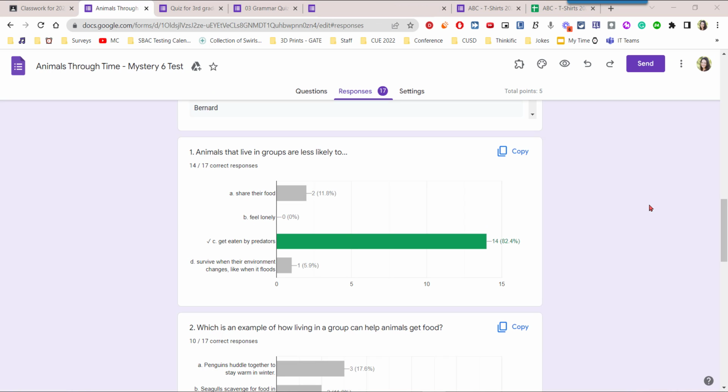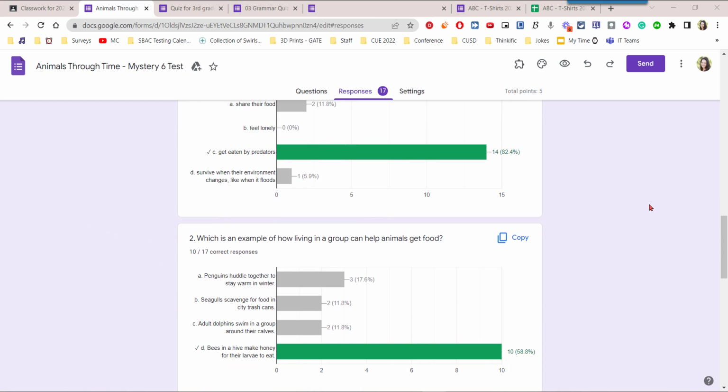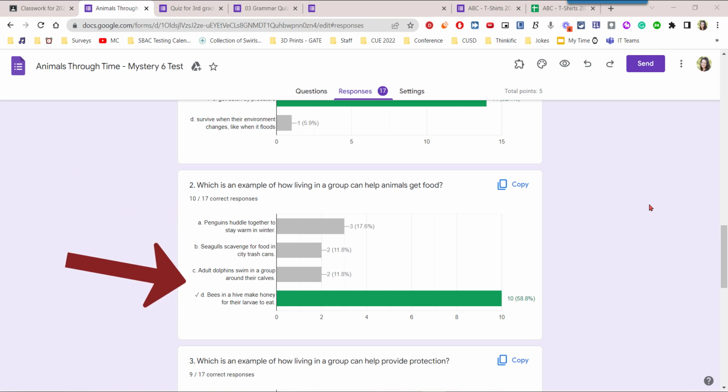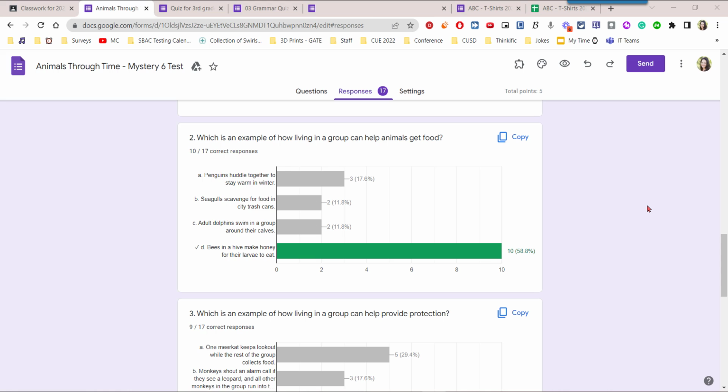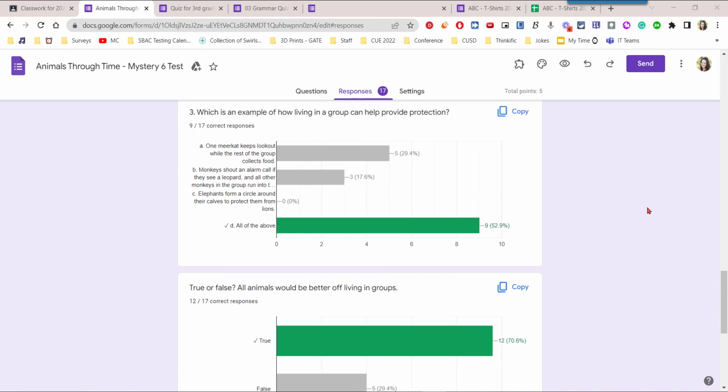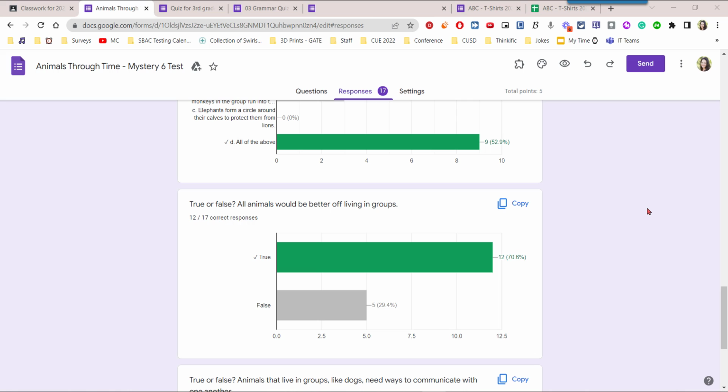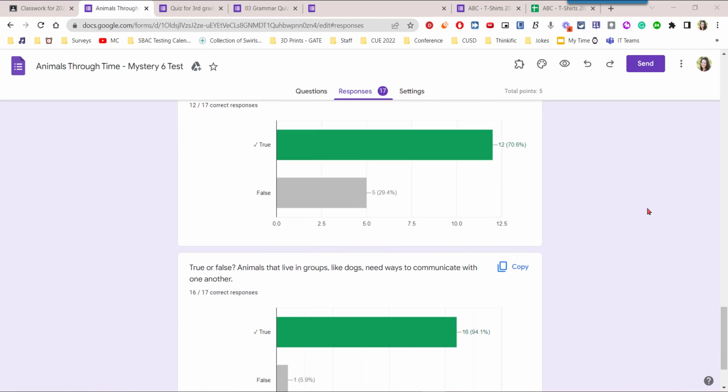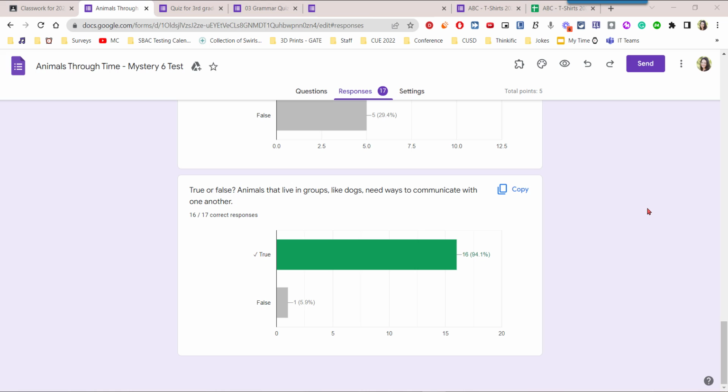This is what the data would look like if you had multiple choice instead of fill in the blank. There are only 4 answer options, and item C is the correct answer, and you can see how students in this class responded. Likewise, in this situation, you have only 4 answer options. Item D is correct. Not only does it have the check mark next to it, but it's also green. 2 clear identifiers letting you know that it is the correct answer. The following responses are very similar in nature, multiple choice, and then you can see the correct answer illuminated in